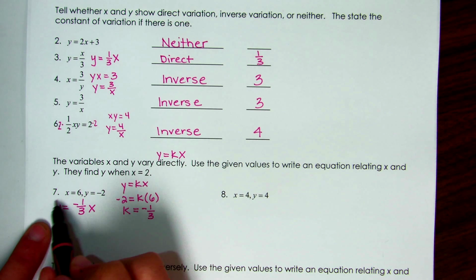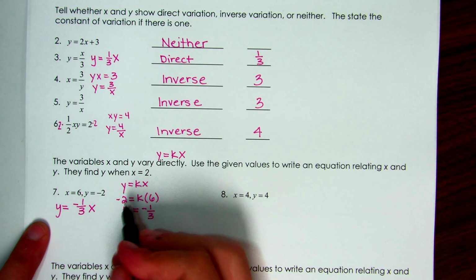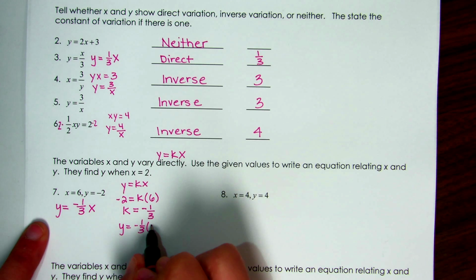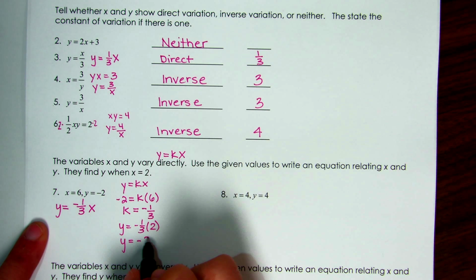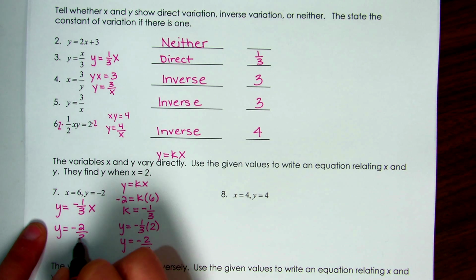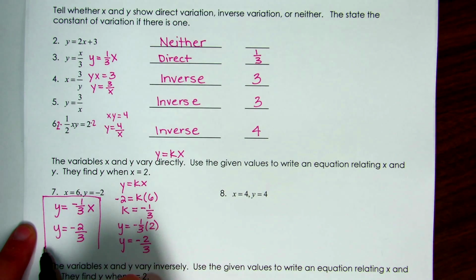Then it tells me to use that equation and plug in x is 2 to find y. So y equals -1/3 and x is going to be 2. When I do that math, y equals -2/3. So there are my two answers